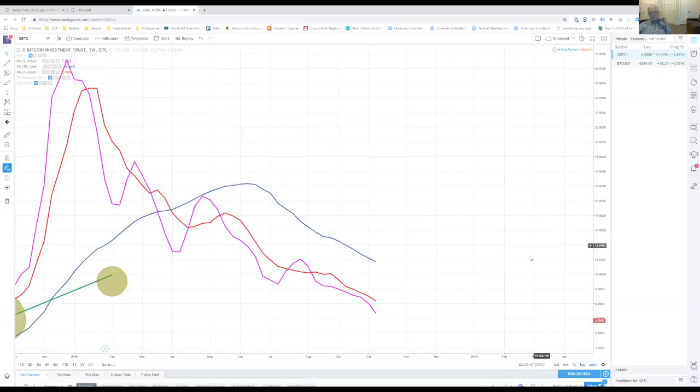In any case, what I've been saying all along is that I believe GBTC leads both up and down the price of Bitcoin. I have no takers on that theory, but I am wed to it. Right now it's working correctly, doing exactly what I would expect. But it also means that Bitcoin should be breaking down here pretty quickly. Okay, I'm stopping sharing, and let's go to the next one.